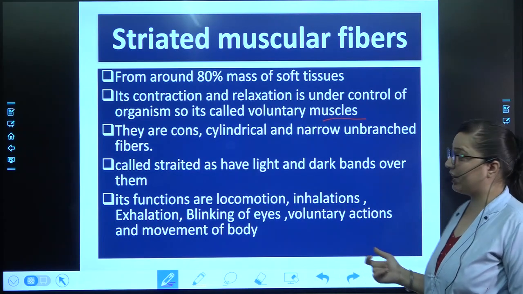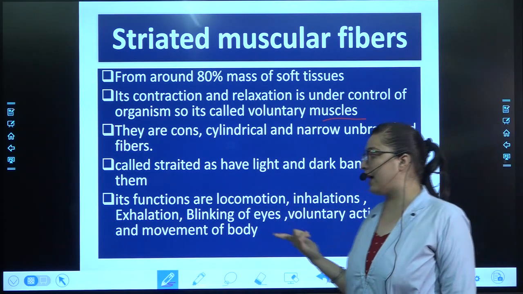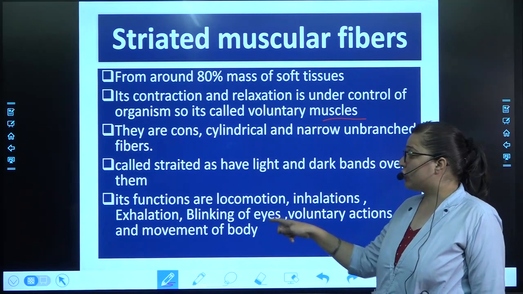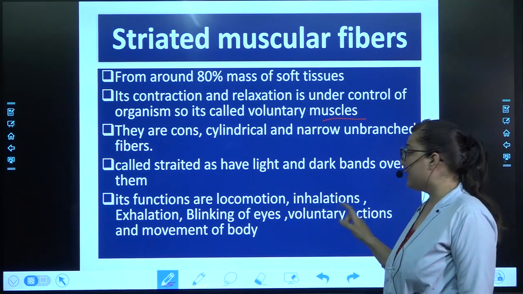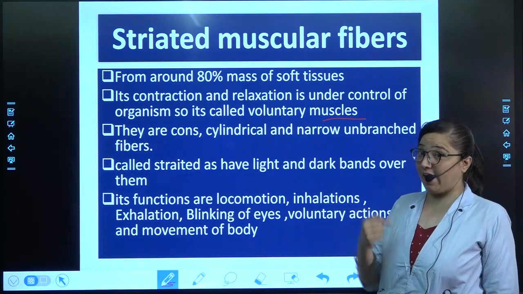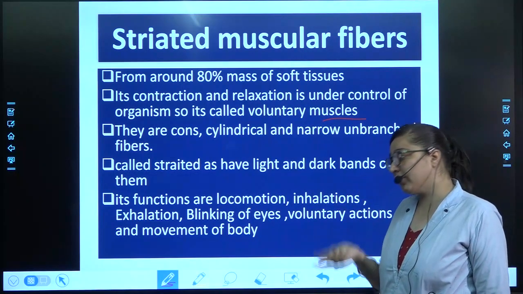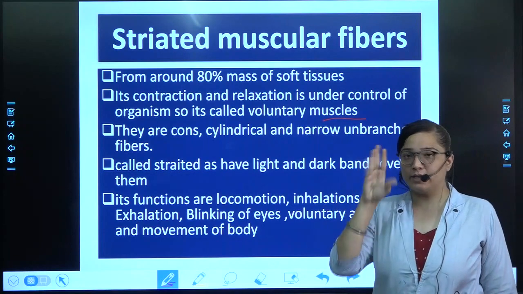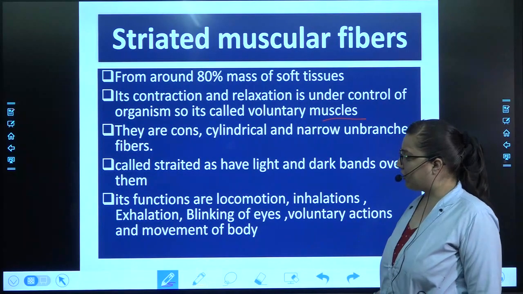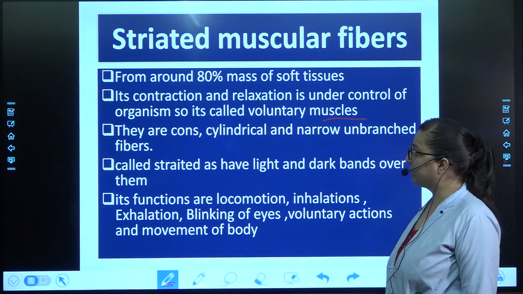Why are they called striated? Because they have light and dark bands. Its function is in locomotion and movement, inhalation, taking the air inside, exhalation, giving the air outside, the blinking of eyes, and in the voluntary actions and movement of the body. Then next,